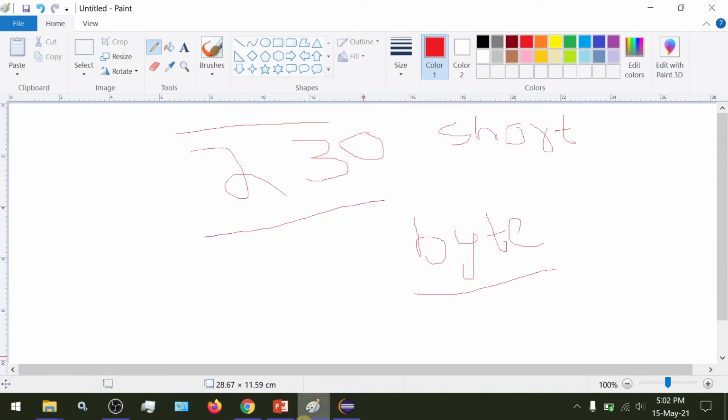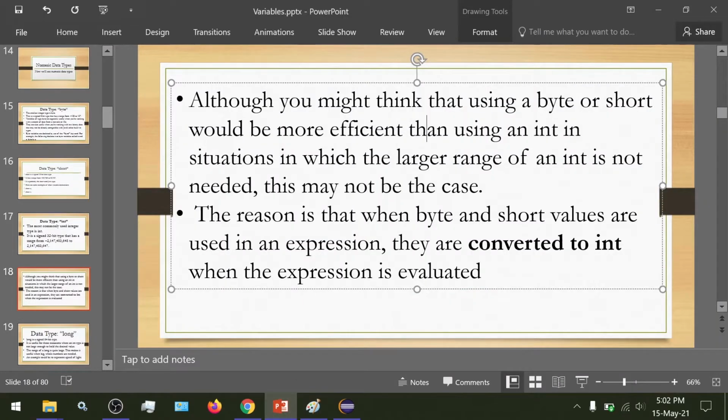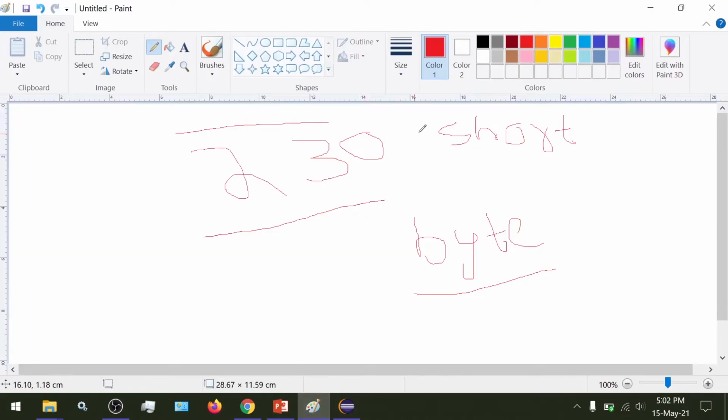So we would be saving memory, but there is a twist. Byte or short would be more efficient than using an int in such situations, but there is a reason we don't use byte and short. Whenever we want to represent integer type data, we always use int.